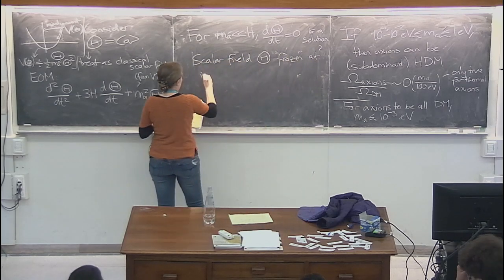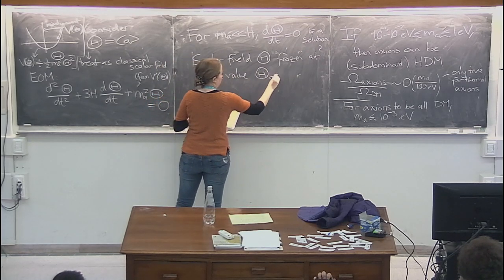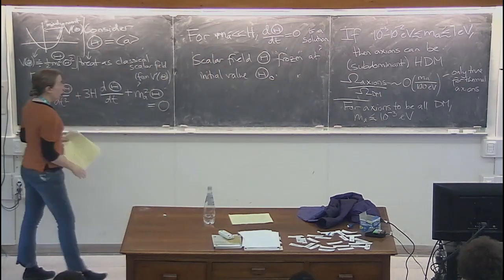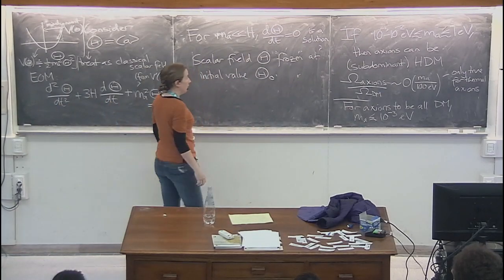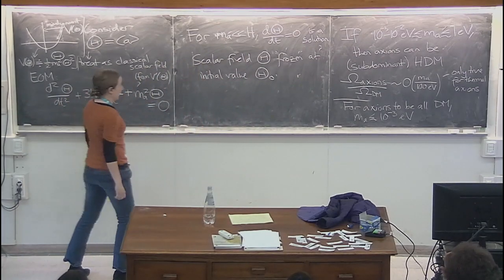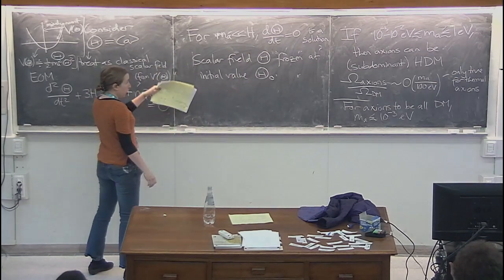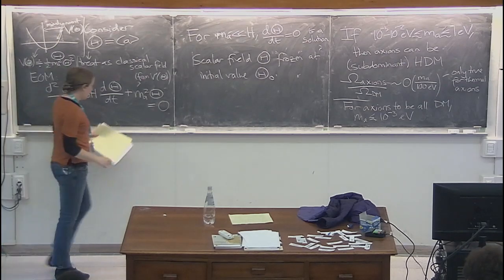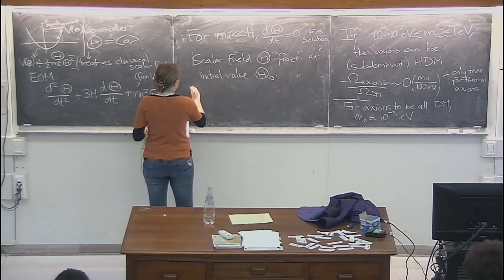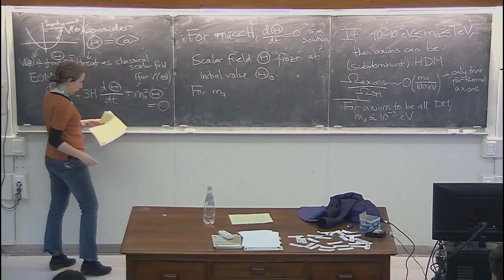All right, so early in the universe, H is extremely large. H is an inverse time scale. The axion mass is like a milli-eV, so in the radiation-dominated epoch, H is like T squared over m Planck. So in the early universe, this field just isn't going to evolve. You start it at this point, it just stays fixed at this value of theta, it doesn't roll. So this will change when we can no longer neglect this term compared to this term, which happens around where m_a becomes comparable to H.